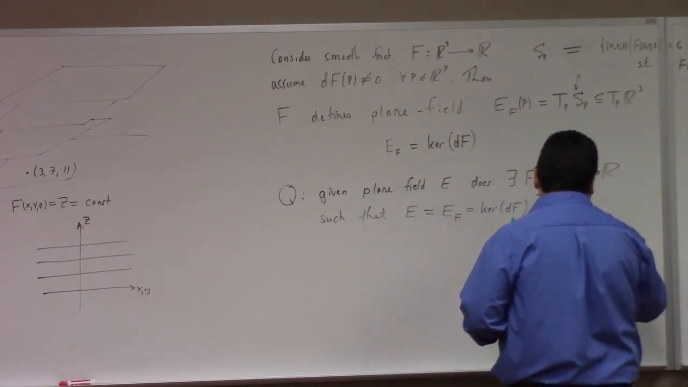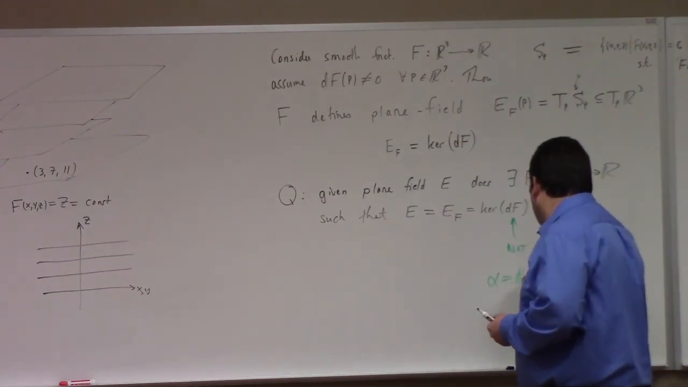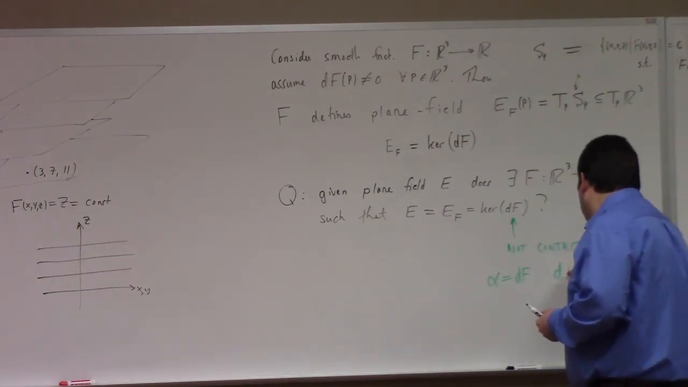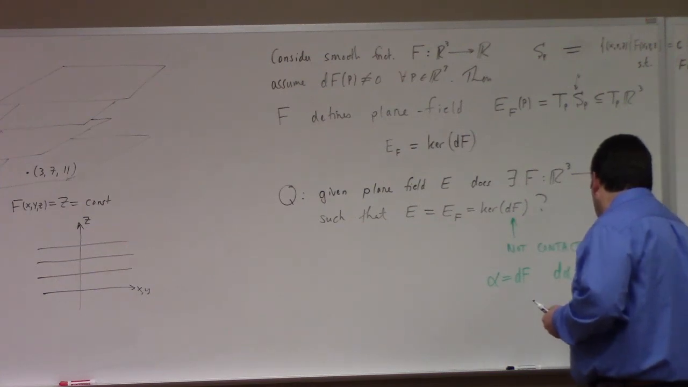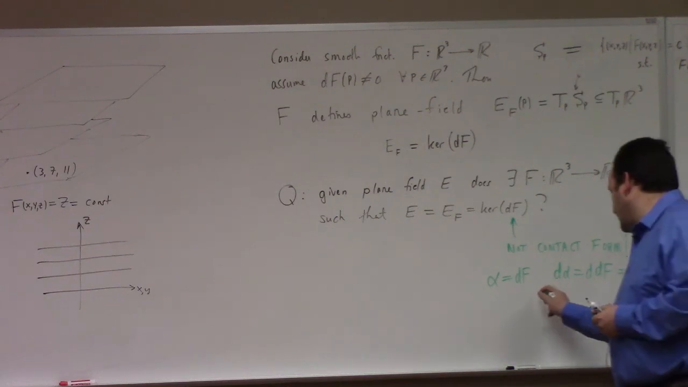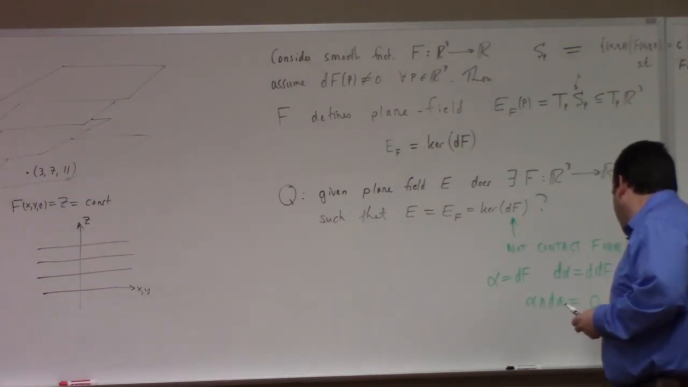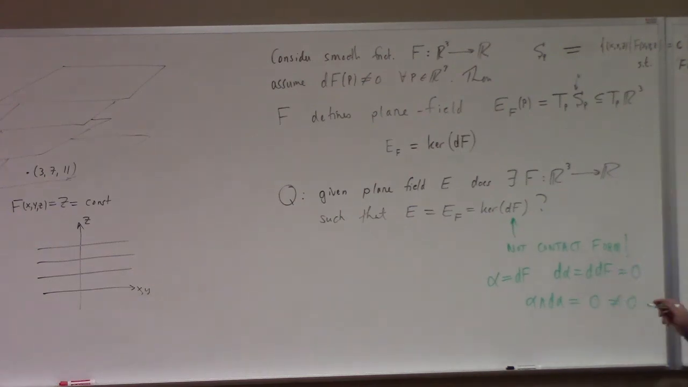As you've just reasoned, because if alpha is equal to df, then d alpha is d df, which is 0. And so yes, clearly alpha wedge d alpha is equal to 0, which of course is not non-zero. In fact, it's much worse than failing